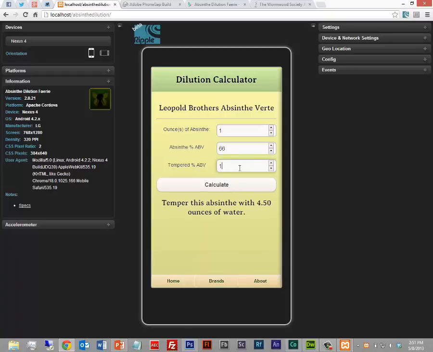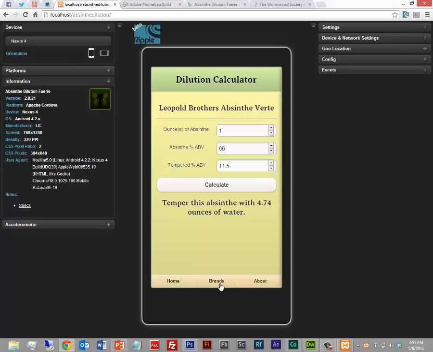Let's say perhaps the sweet spot for me is 11.5 ABV, because the aromas, the taste, everything changes depending upon the amount of water that you use to temper your absinthe. I just recalculate and it tells me, alright, 4.74, that sounds better.